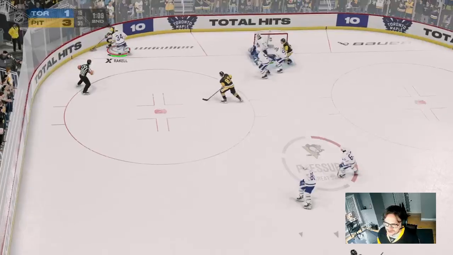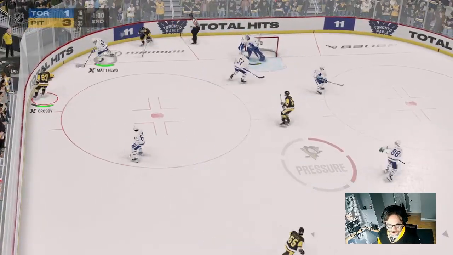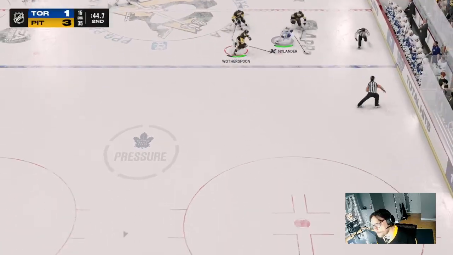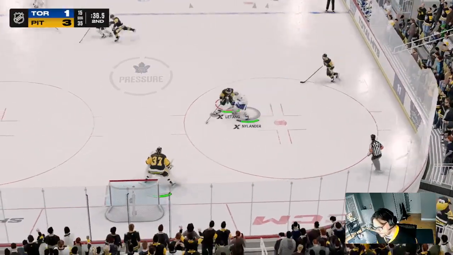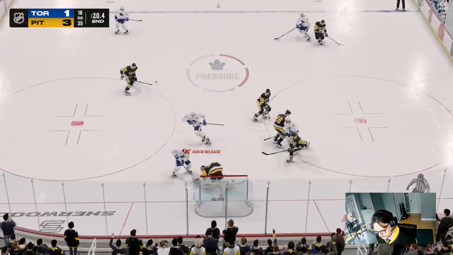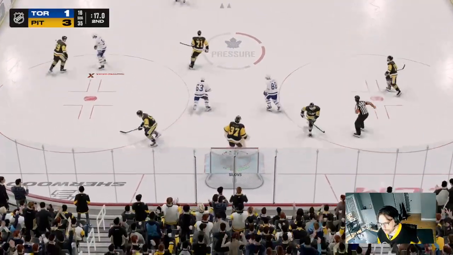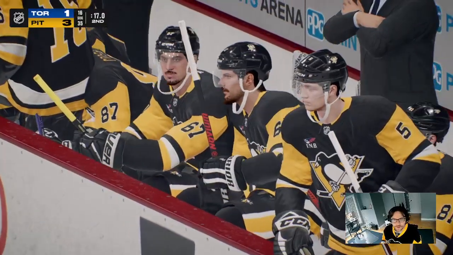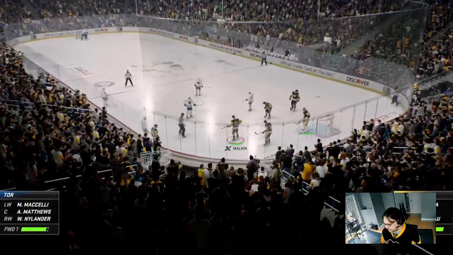Rust with a chance, turned aside by Stolarz. And Stolarz will hang on with 17 seconds to go, as we have a look at the Penguins bench.